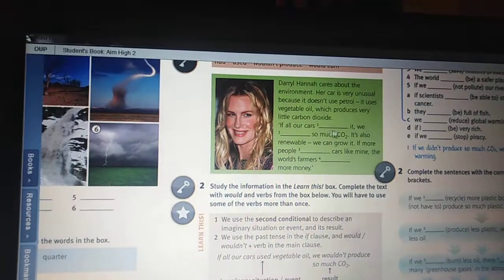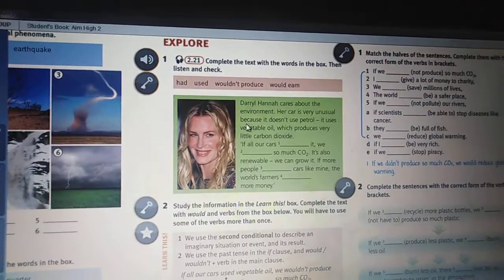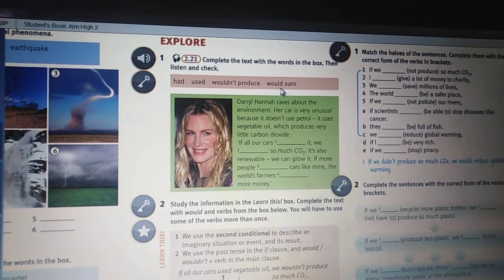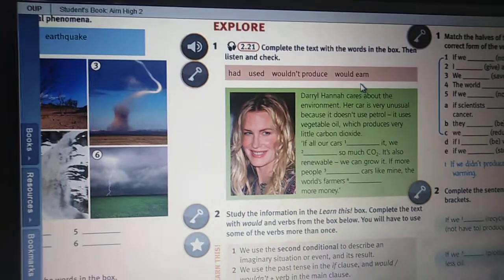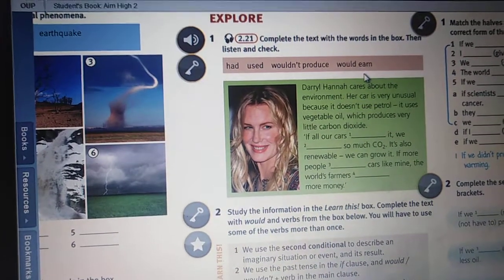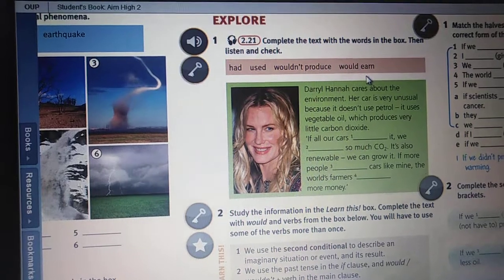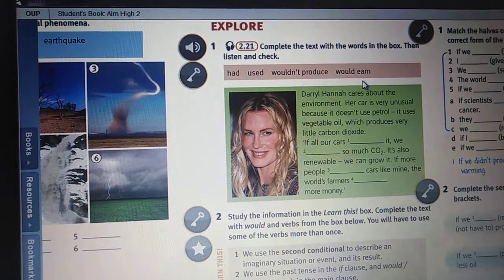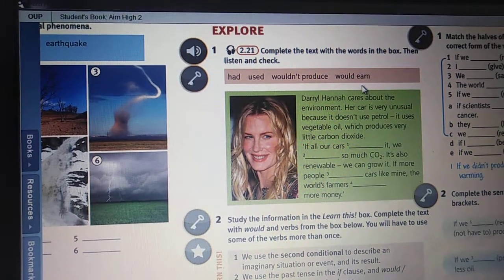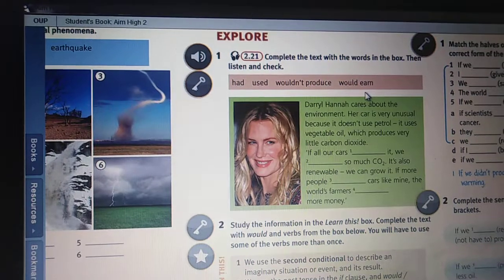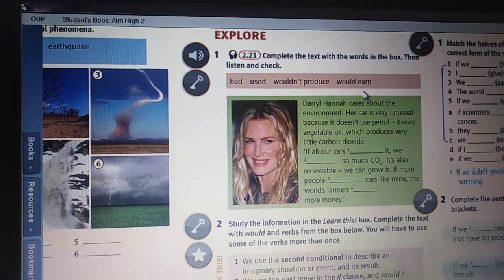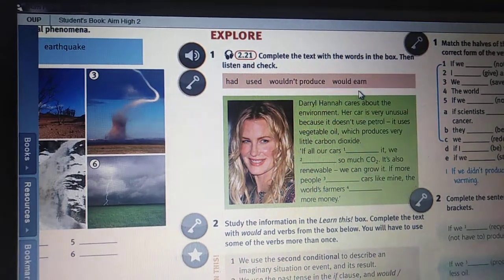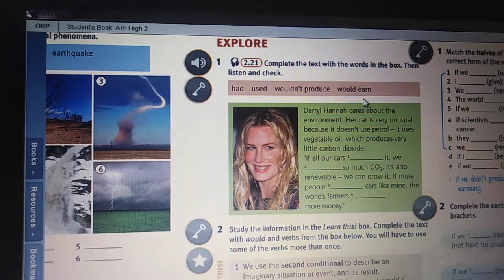So we have here a short paragraph. Had, used, wouldn't produce, would earn. Hannah cares about the environment. Her car is very unusual because it doesn't use petrol. It uses vegetable oil, which produces very little carbon dioxide. If all our cars used vegetable oil, used is simple past, we wouldn't produce